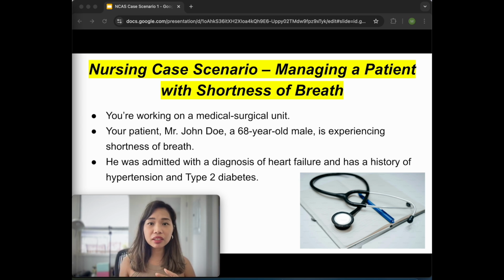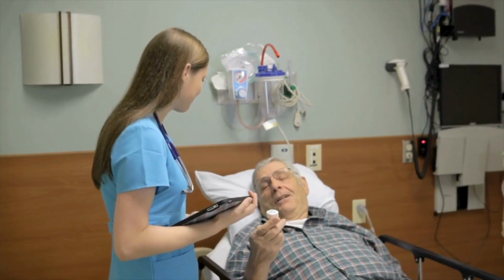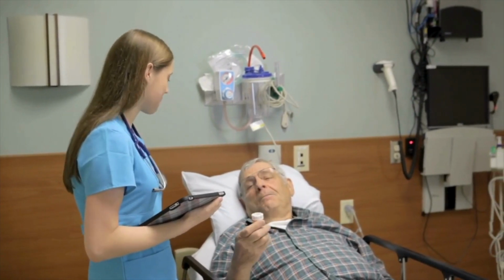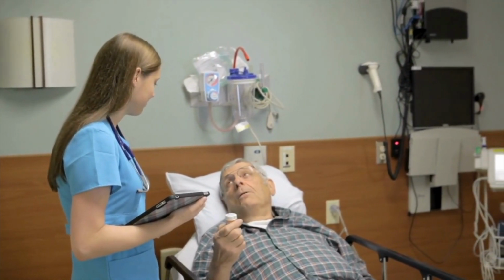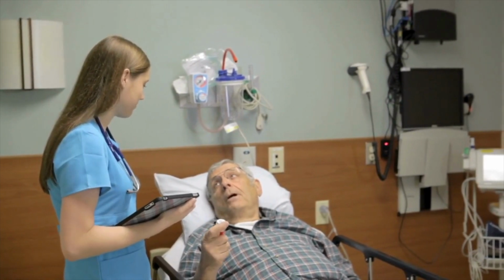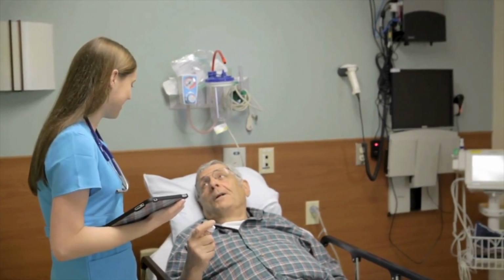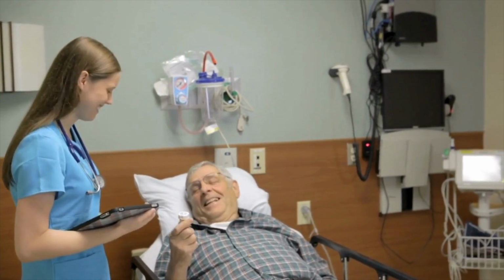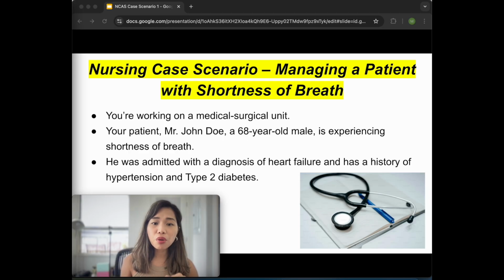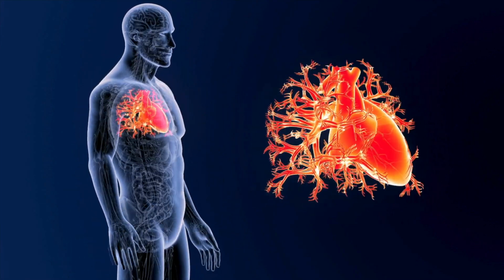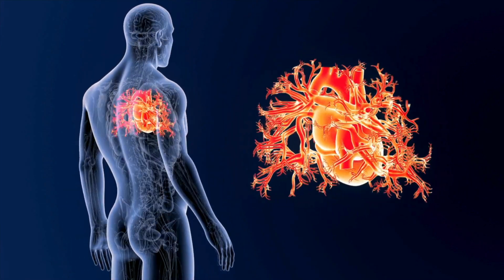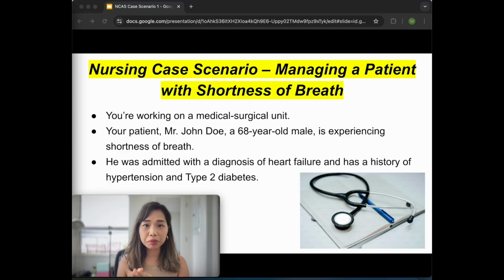Can you specifically point out what are the key assessments that you need to do in terms of your scenario? Because you will be given different kinds of scenarios. So your focus assessment, right, your physical assessment will vary depending on the patient's situation. So knowing the patient's diagnosis of heart failure and the history of hypertension would alert the nurse to prioritize cardiac functioning and respiratory functioning. So your focus assessment would be cardiac and respiratory,